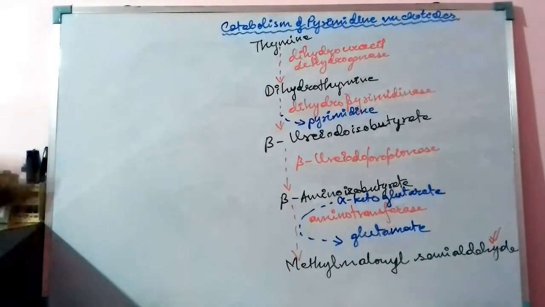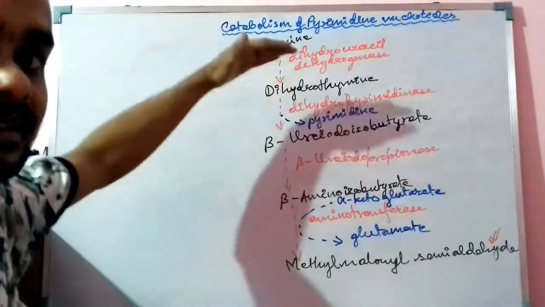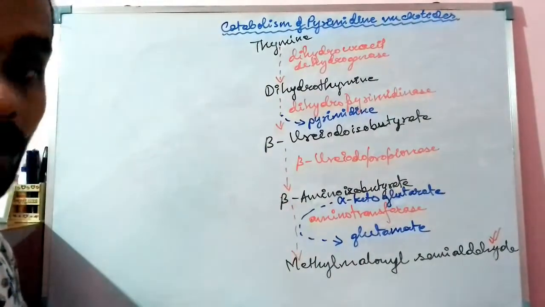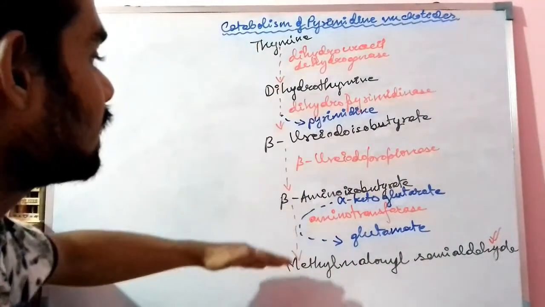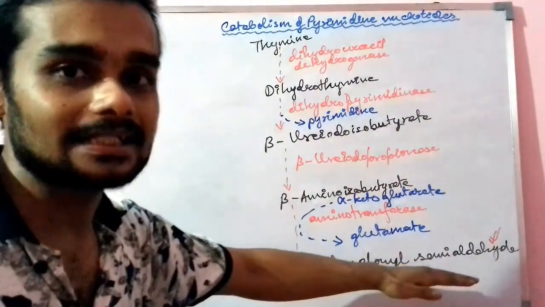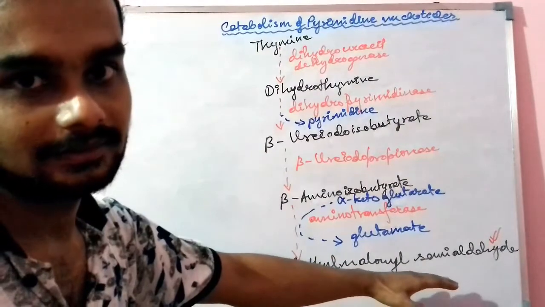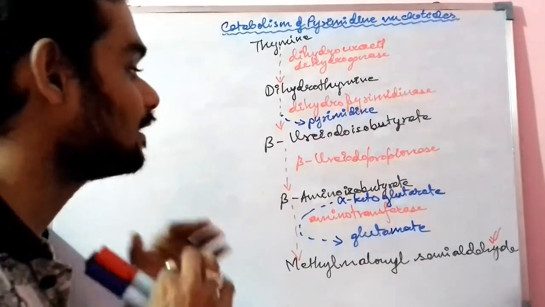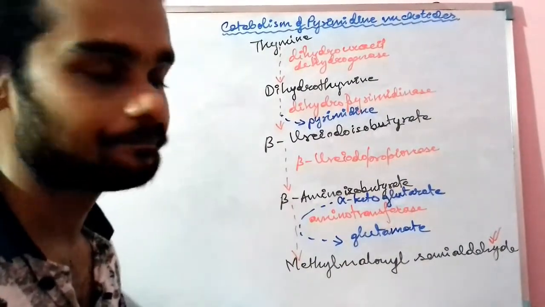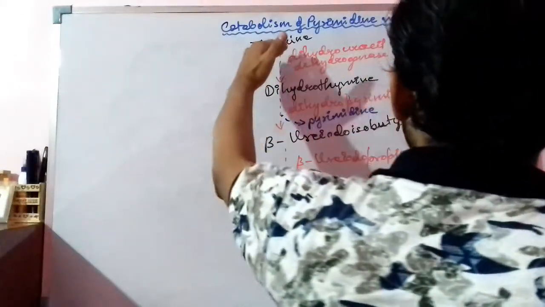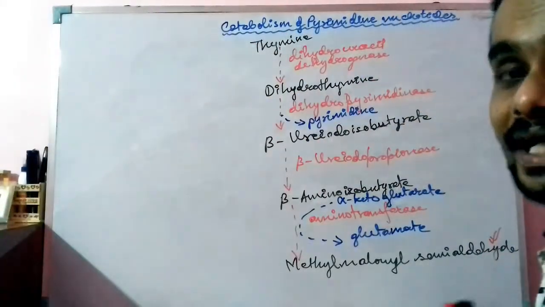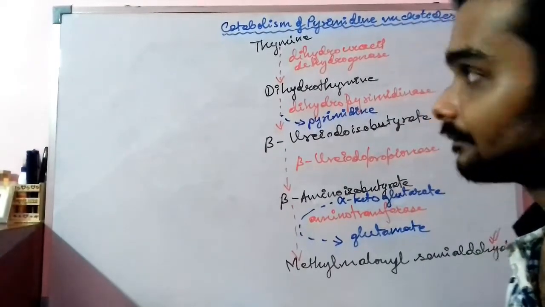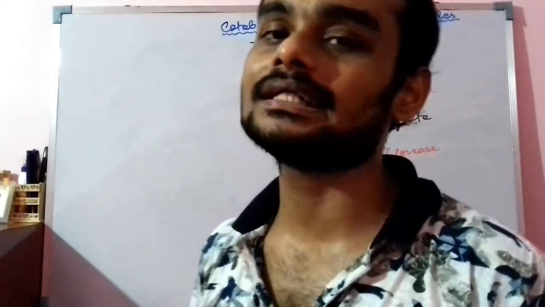Now, in the same way as this thymine pathway, the other pathways, like that of uridine or cytidine, all end up with the formation of methylmalonyl semialdehyde, right? So methylmalonyl semialdehyde is the ultimate end product or waste product that is removed out of the body when the thymine, uracil or cytosine becomes excess and toxic to our bodily functions. So this is how the catabolism of the pyrimidine nucleotides happens.